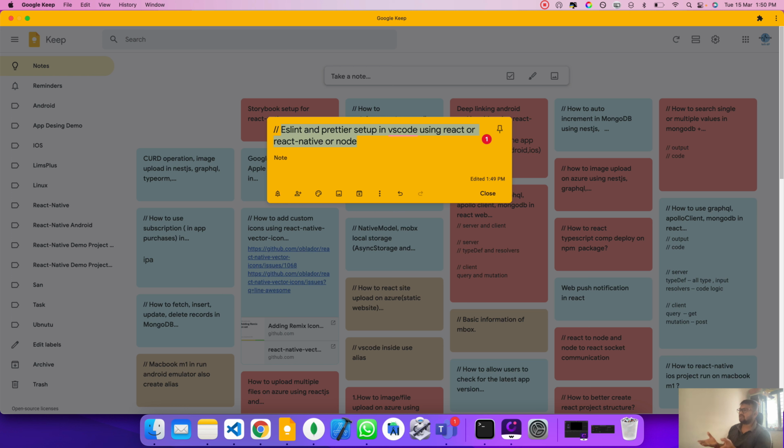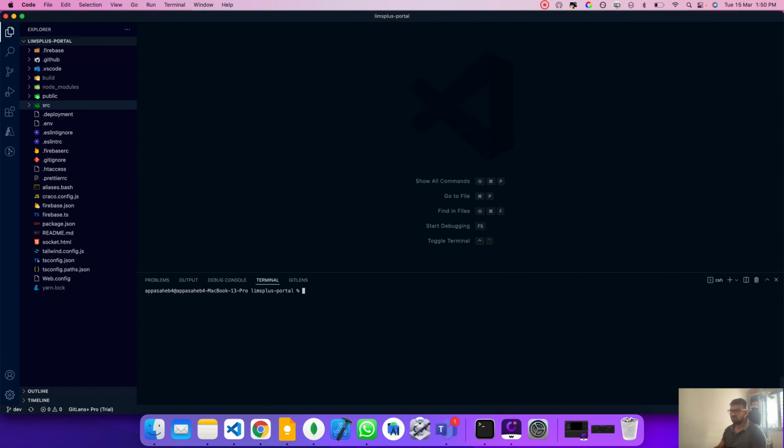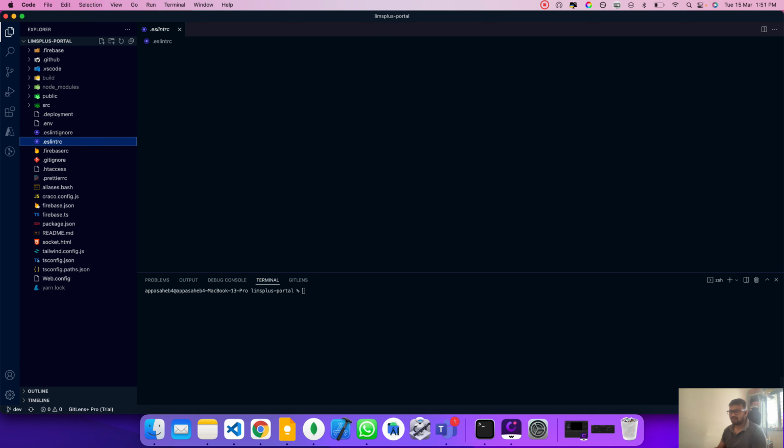ESLint and Prettier. It's very easy, not complicated. So firstly, I have one React.js project inside. I will do it, okay. So by default, mostly